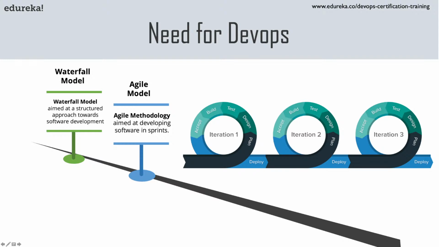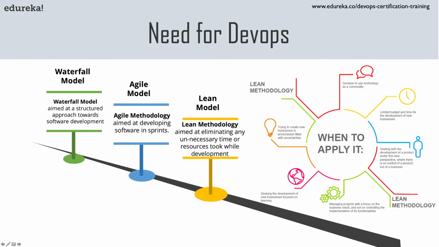So then came the third methodology, which is the lean methodology. Now, what was the problem which the lean methodology solved? Agile methodology gave us the flexibility that you can go ahead and develop software the way you want, and my requirements can change whenever they want, right? Now, lean methodology implemented the agile model, but at the same time, it also focused on reducing the time it took to develop even the first iteration of the software or the second iteration of the software.